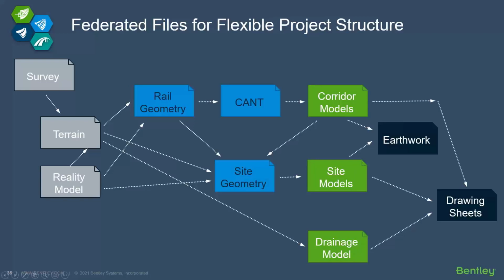Then second to the last point, I would like to reiterate what makes OpenRail Designer cut above the rest of other solutions is that any rail projects could entail many files. So with ORD, the simple approach of file federation can address the challenges of collaboration. It would be great if everything were all DGN, but then of course, the reality, we don't have such. So you also integrate with other file formats. With Bentley Systems, we actually have some technologies or tools that allow you to address collaboration with different